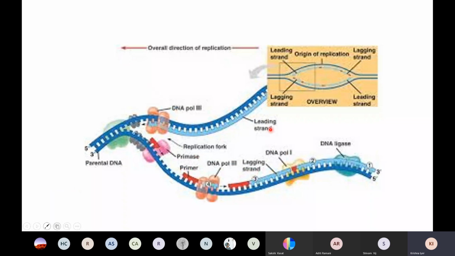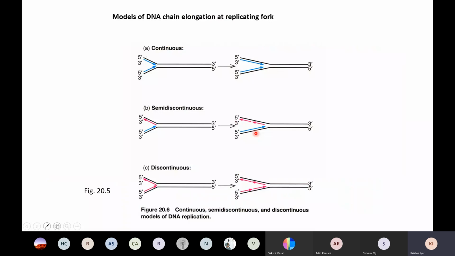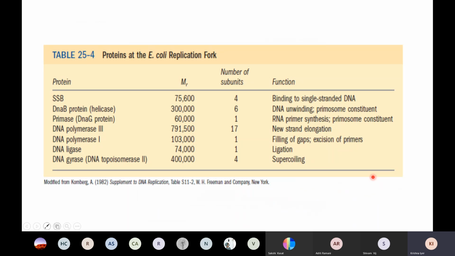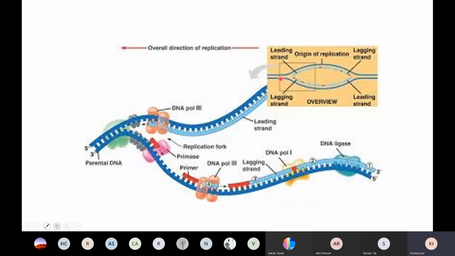So if you look at the replication fork, which previously I showed you in a very simple fashion, this is continuous, this is Okazaki and so on. Actually, it is very crowded. So here is a leading strand, and look at this polymerase here. What is it doing? It is adding more strands. And here is a fork. What are these? These are single